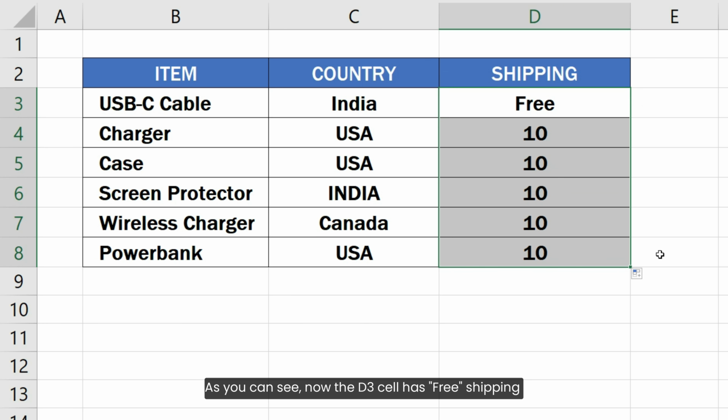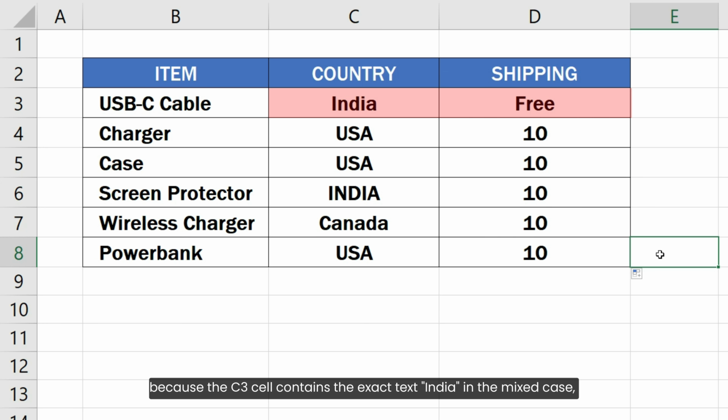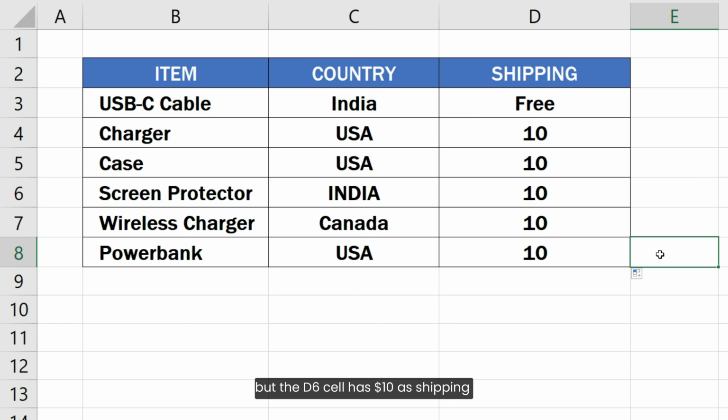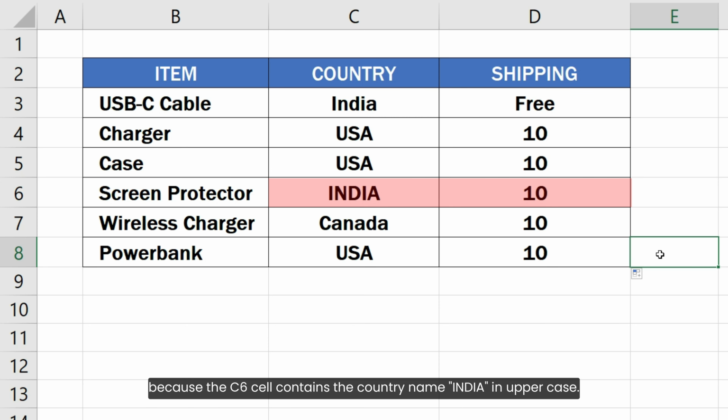As you can see, now the D3 cell has free shipping because the C3 cell contains the exact text India in the mixed case, but the D6 cell has $10 shipping because the C6 cell contains the country name INDIA in